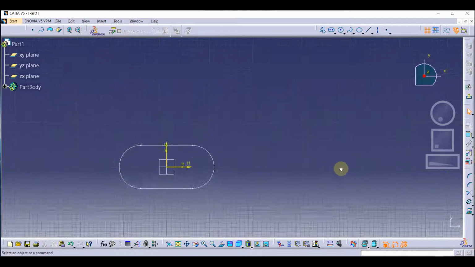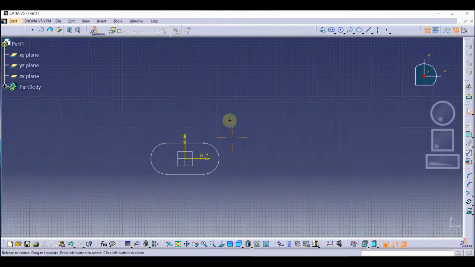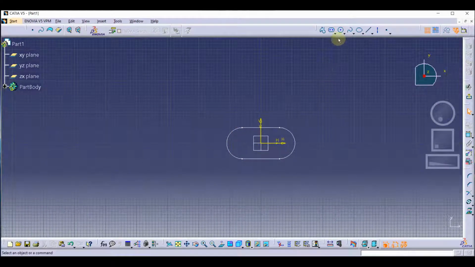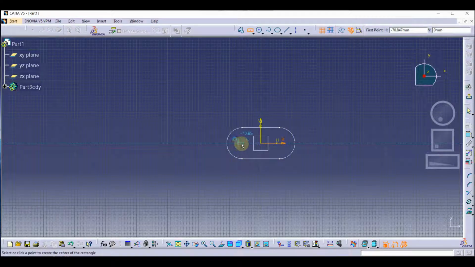So let's zoom out and now we are going to draw a rectangle. We are going to use the center rectangle.